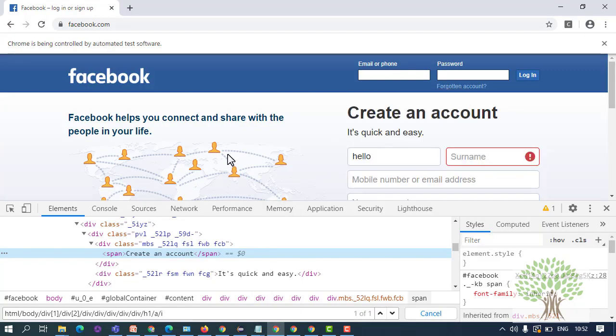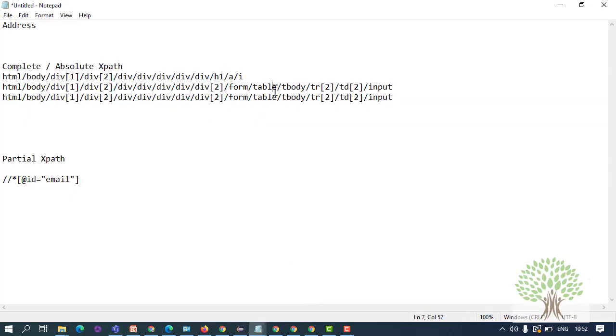Now we don't prefer to use complete XPaths. The reason is that if something gets added at the root of the document over here, then all the XPaths of the application will go for a toss. And we don't want to make scripts in which we keep on changing XPaths.